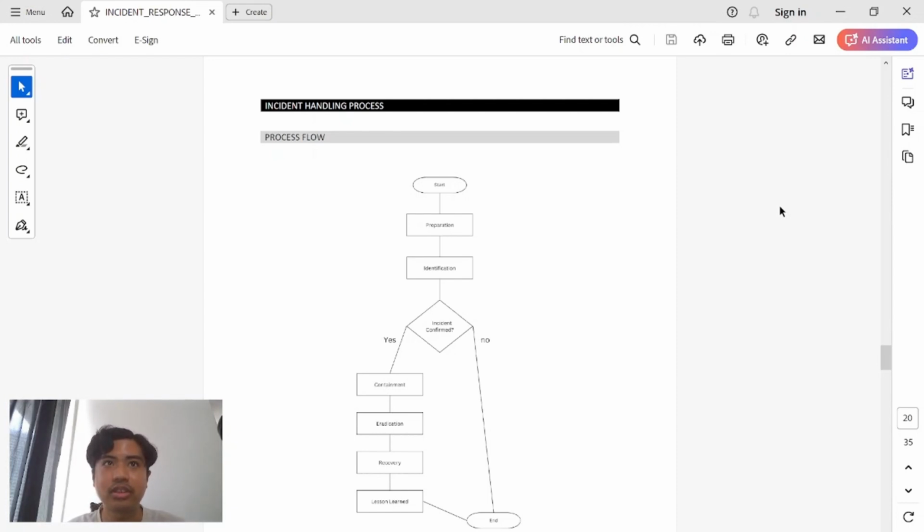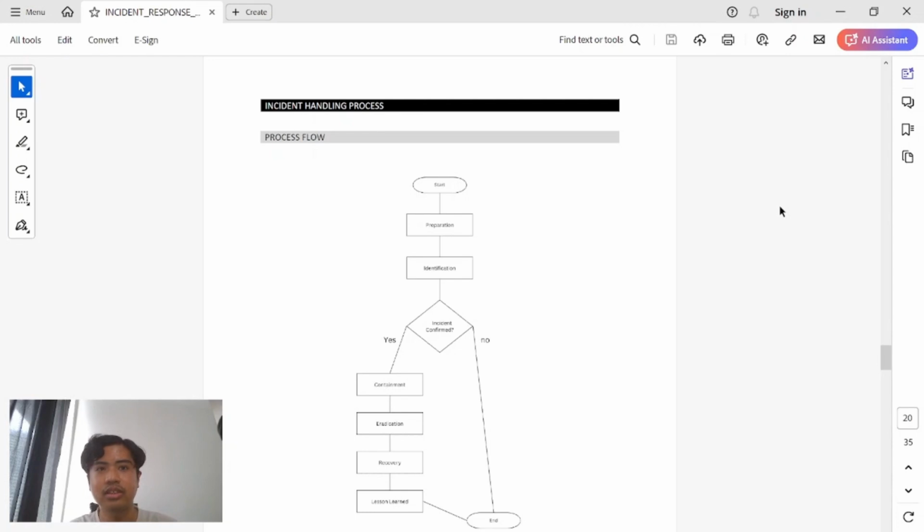Okay, the preparation stage lays the foundation for effective incident response by developing security policies, training employees to recognize threats, and establishing a well-equipped incident response team with clear roles, communication protocols, and escalation procedures to ensure timely detection, response, and recovery. Second, identification. The identification stage focuses on detecting cybersecurity incidents through continuous monitoring tools like IDS, firewalls, and SIEM, verifying the nature and scope of the incident to assess its impact and enabling swift response to minimize damage.